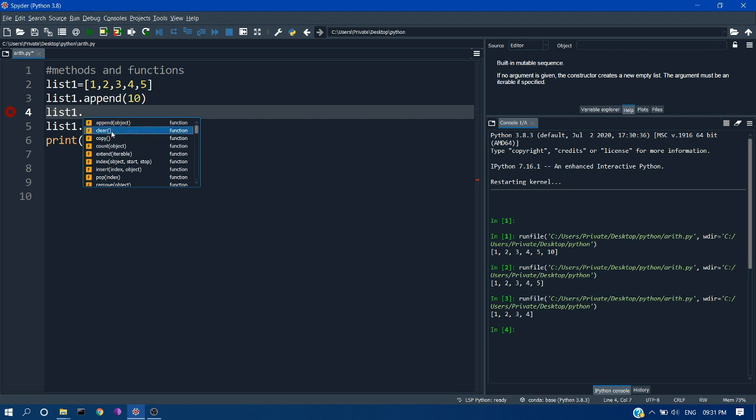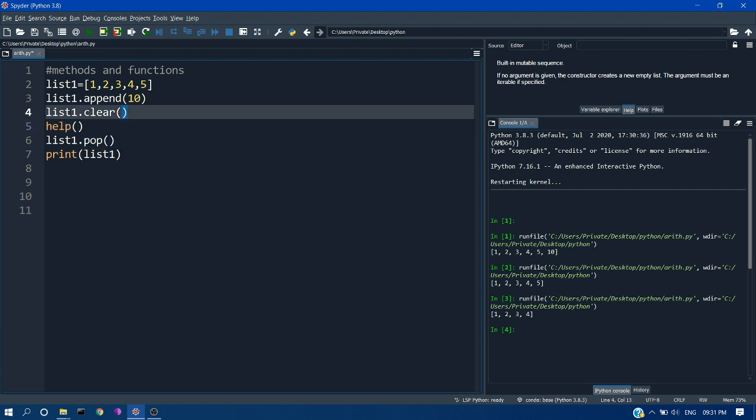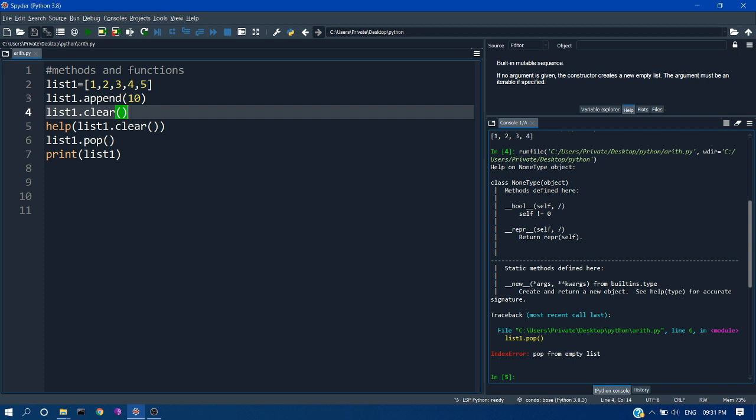If you want to get help about a new method, there is an option in the notebook or any other IDE. We can get the documentation about this method by using the help function. For that you just have to type help, open and close parenthesis, and then copy and paste list1.clear, which is any object dot the method. If you pass the same in the help function, you will get the information about this method. Here you can see the details about our method. This clear method is just clearing everything in our list1.